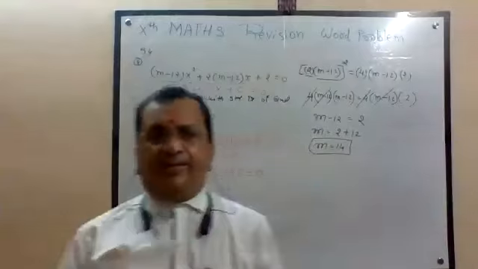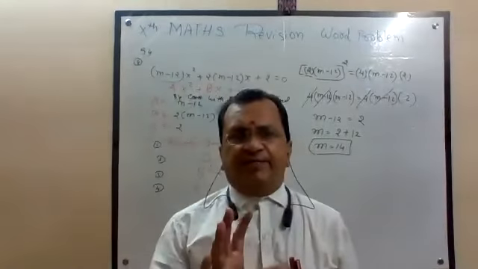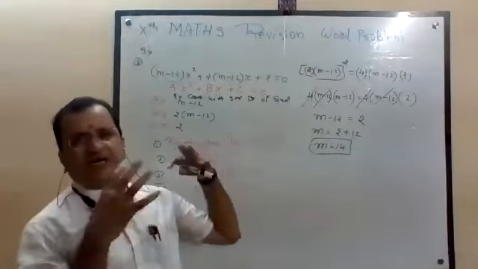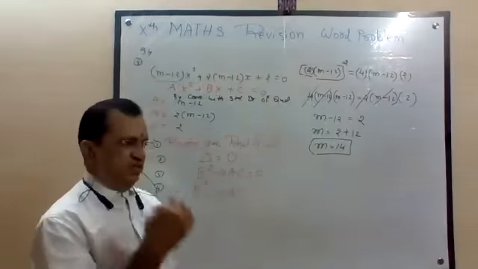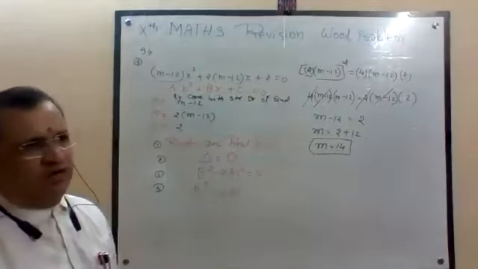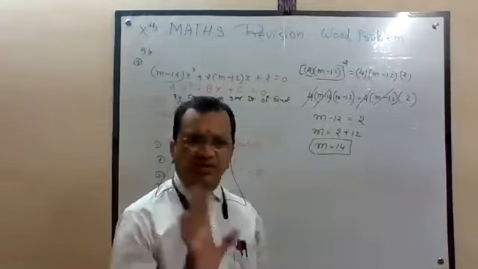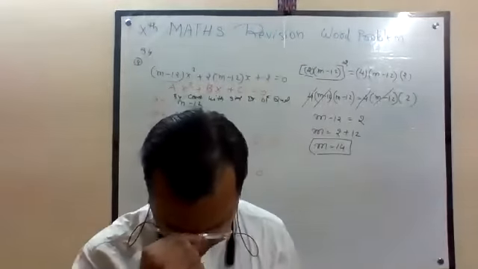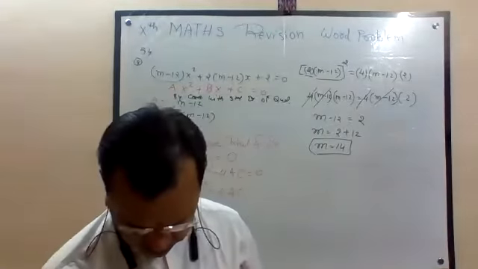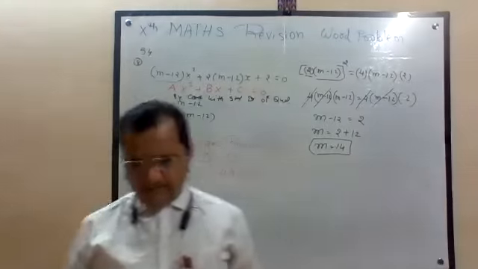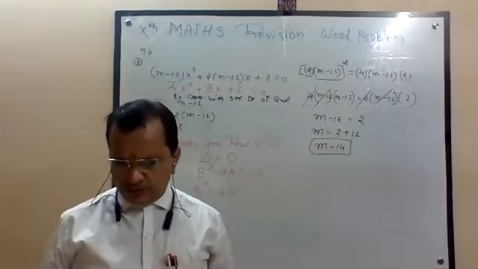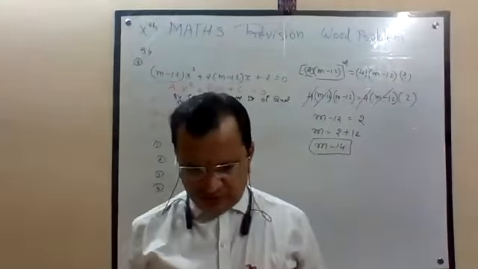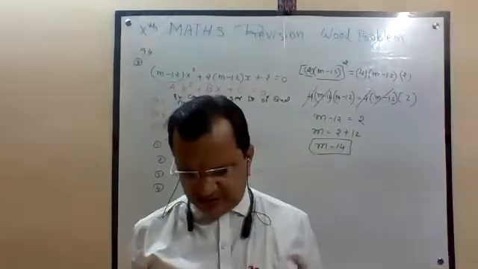Don't open the bracket. Without opening the bracket, you can find the answer. See, very easily, if you open the bracket, no steps will reduce, a quadratic equation will form. Again, you have to factor. Don't go for that. Ninth one is also done, 10th one no need to do because that is cancelled.